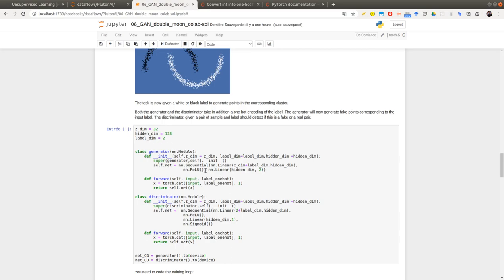So the generator is here, and you see that now it's taking an input which is again the Gaussian vector plus a one-hot encoding of the label, the one-hot encoding of the color. The first thing we are doing here is concatenating this twin piece of information, and then we are passing it to the same kind of network as before. This is just a linear layer, but now the input dimension is modified, with this ReLU activation, and then I'm producing a vector in 2D.